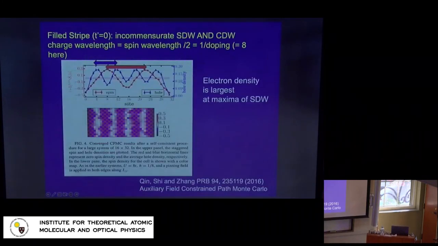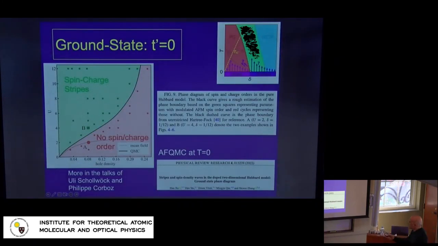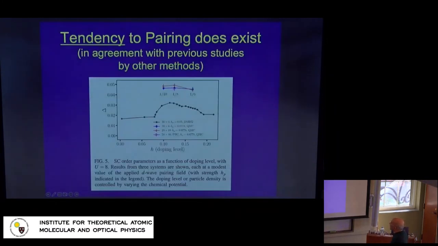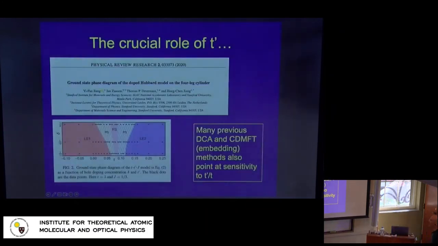I would like to say that near this boundary, perhaps not all data points have been collected yet, and I'm not totally convinced, if you read the paper, that you couldn't rescue d-wave superconductivity very close to this boundary, but this is feasible. This is a matter of actually just doing it. Okay, so this is the situation.